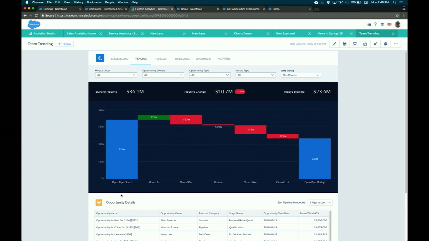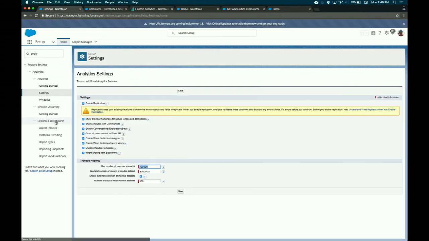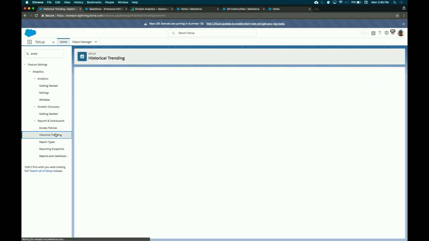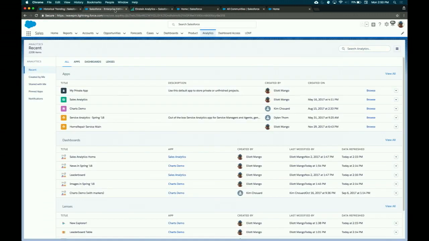It's not set up to allow you to do that. So now if you do go in, and excuse me if I get a little too much into the setup side of things, but if you go into historical trending and you have your opportunity object and you have a custom field set up where you like to trend it, say total ACV is my custom amount field that I'd like to trend in Service Analytics,